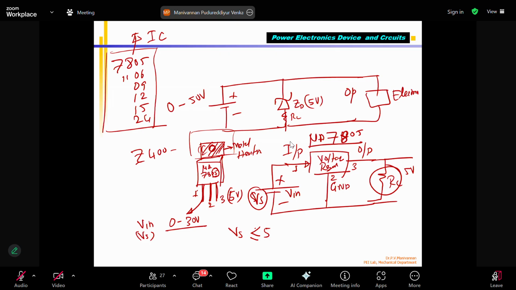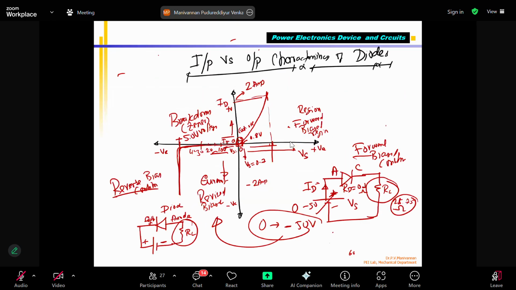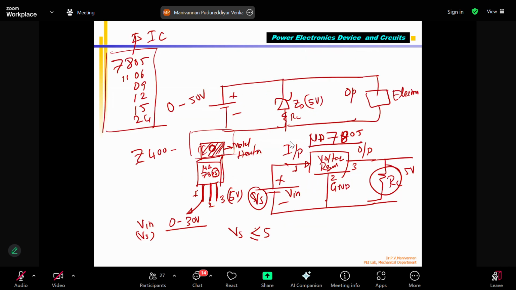That's what this VI curve I talk about. Correct? So when you apply the breakdown voltage, there are different breakdown voltages available. For example, this is a 5 volt Zener diode, and this may be a 12 volt Zener diode. Correct? So with different breakdown voltages, once reverse bias is applied and the input voltage exceeds the breakdown, it will automatically regulate,